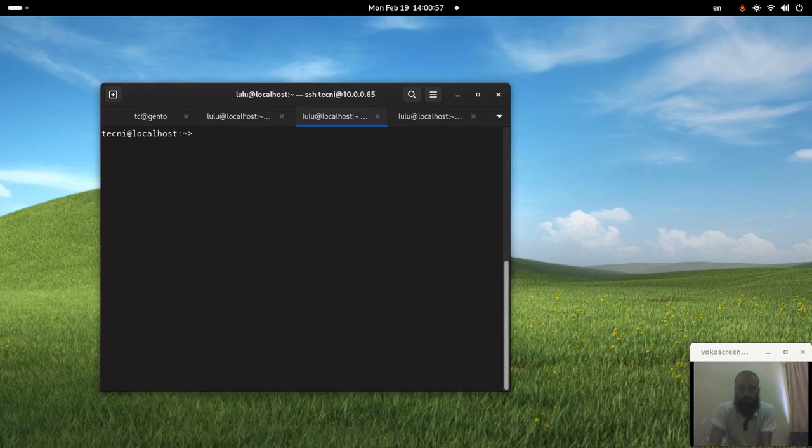VNC server is a thing that we may need in order to remote control a machine. It can be Linux, it can be other stuff as well. And when it comes to setting up a VNC server on openSUSE, it was a little tricky for me, and